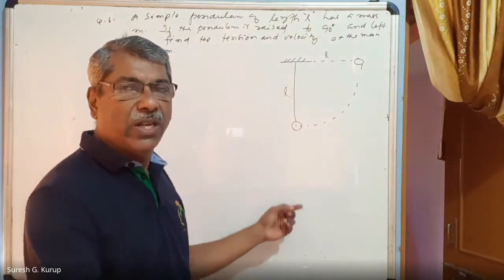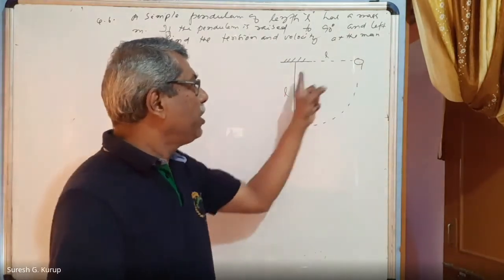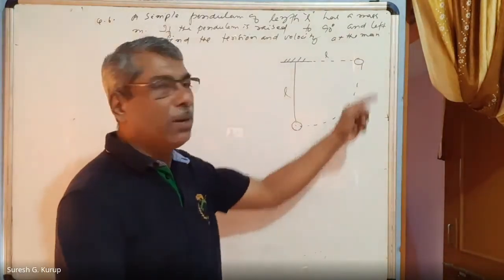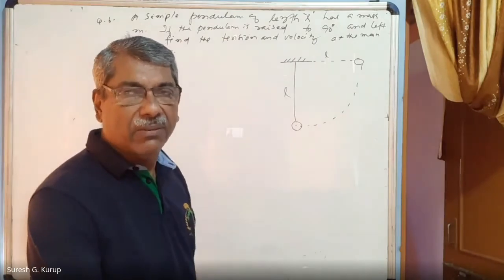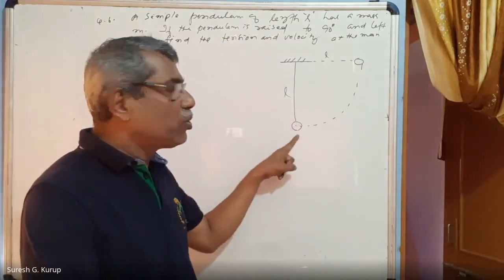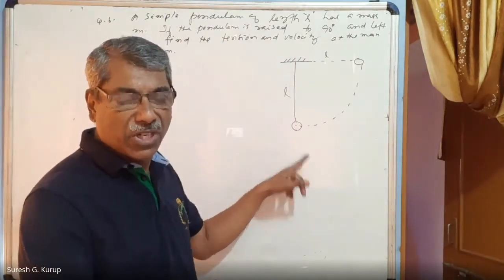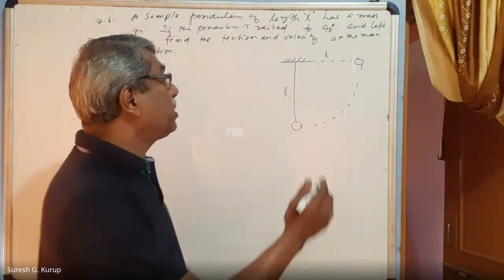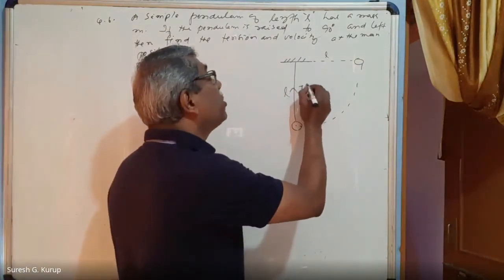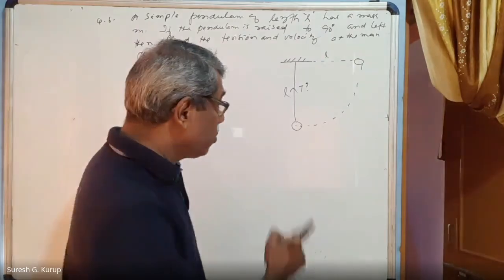In this case, what is that? This bob is taken to 90 degree, taken up and left. The body reaches this bottom, what is called the mean position. At that position, what is the tension in the string? Tension you have to calculate. And also at this point,